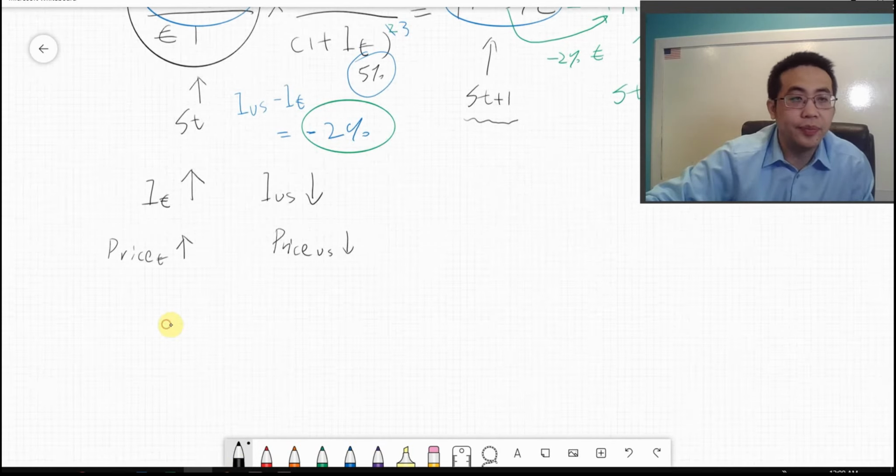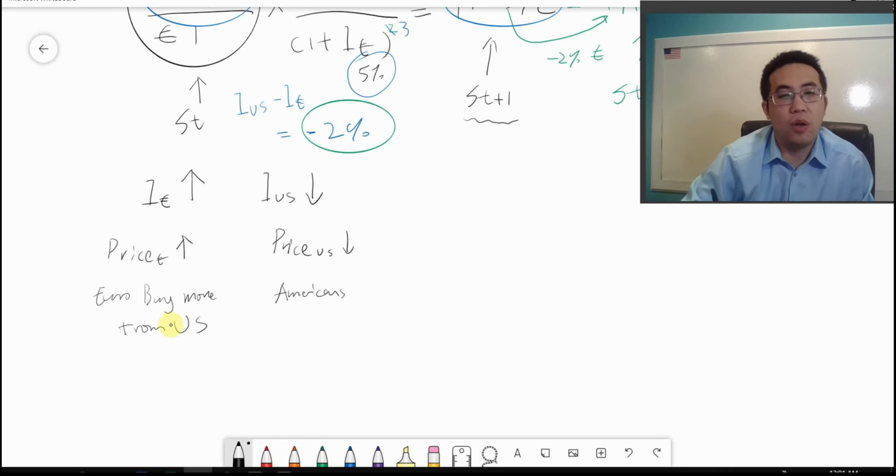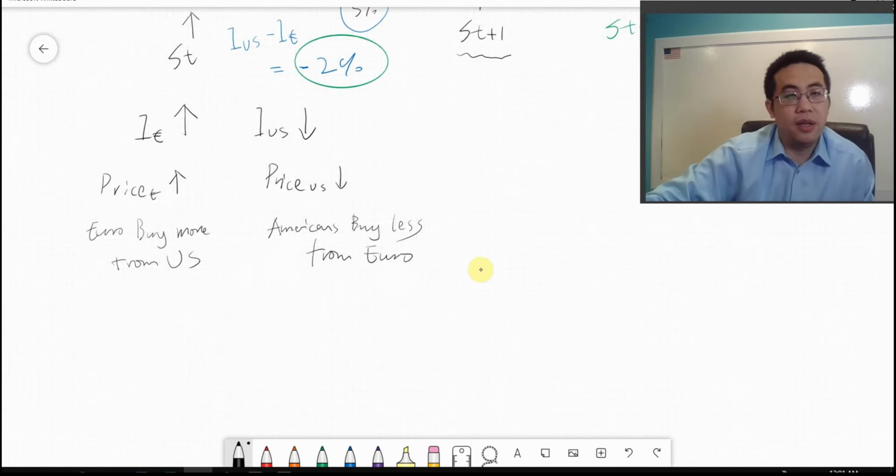And then the Europeans will buy more from the US just because the US price is lower, it's cheaper, and Americans will buy less from the Eurozone. So that indicates US exports increase, and US imports decrease,